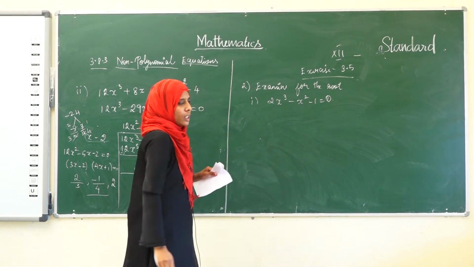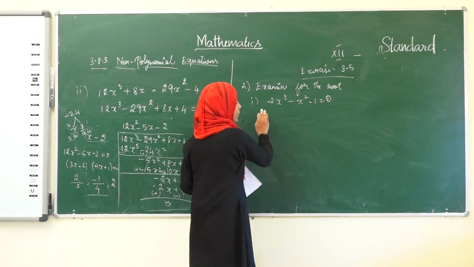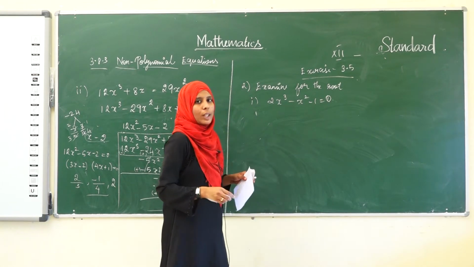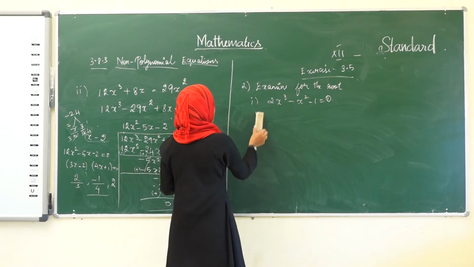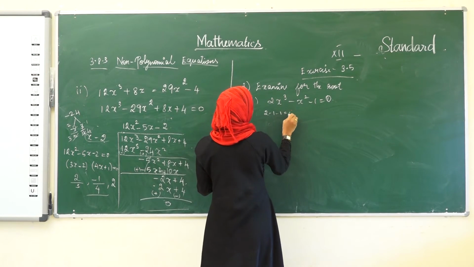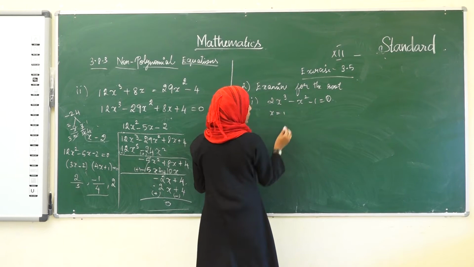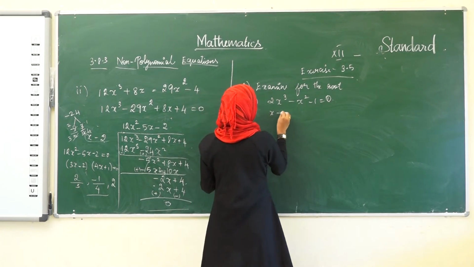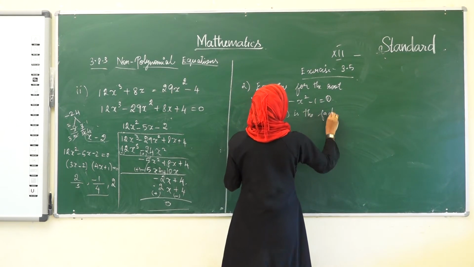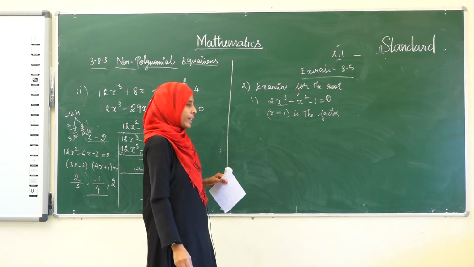See here. We have learnt that if the sum of the coefficients of the given equation is equal to 0, then 1 will be the root of the given equation. We have learnt this in the previous class. Therefore, see here the sum of the coefficients 2 minus 1 equal to 0. Therefore, x is equal to 1 is one of its roots. Therefore, x minus 1 will be the factor. So, what are we going to do? We have to find 3 roots, right? Since this is a cubic equation, we have to find 3 roots.